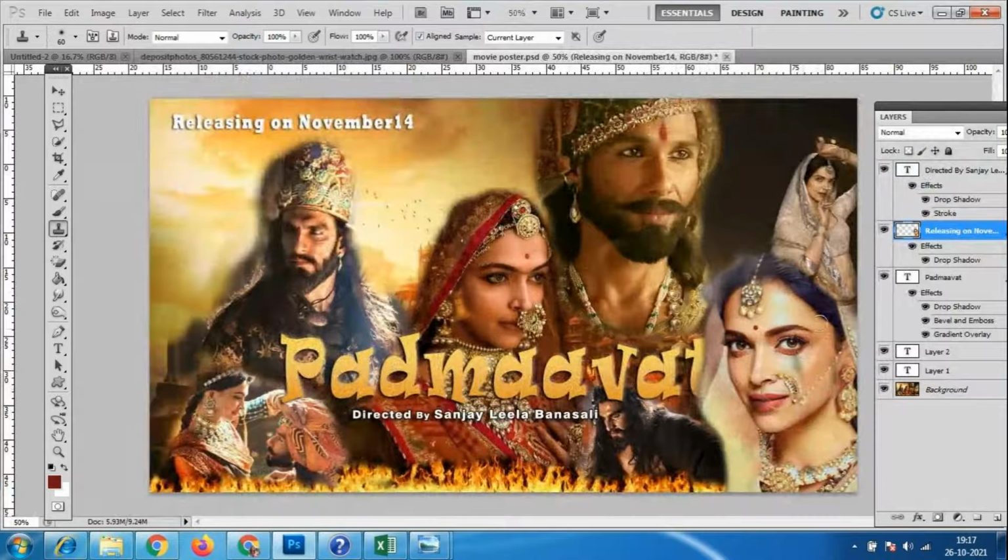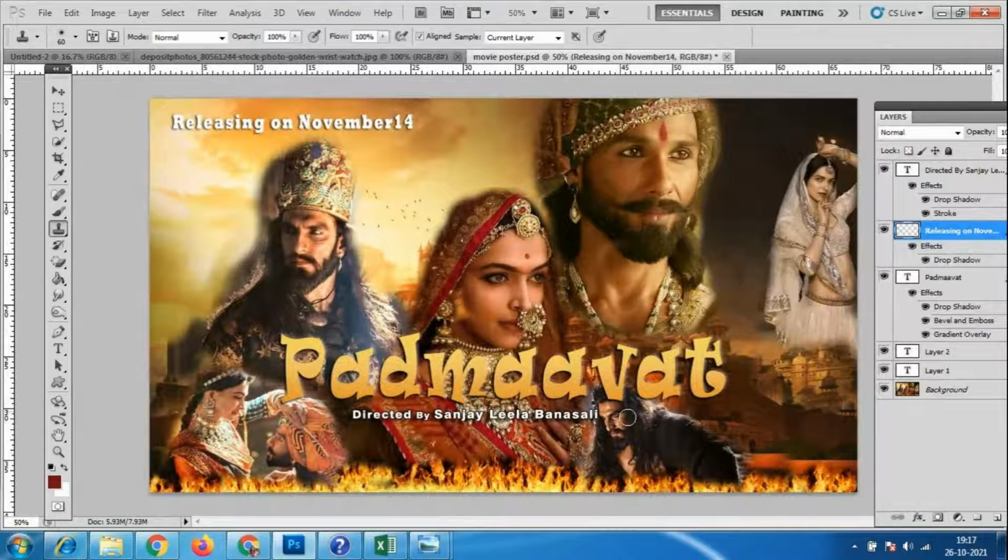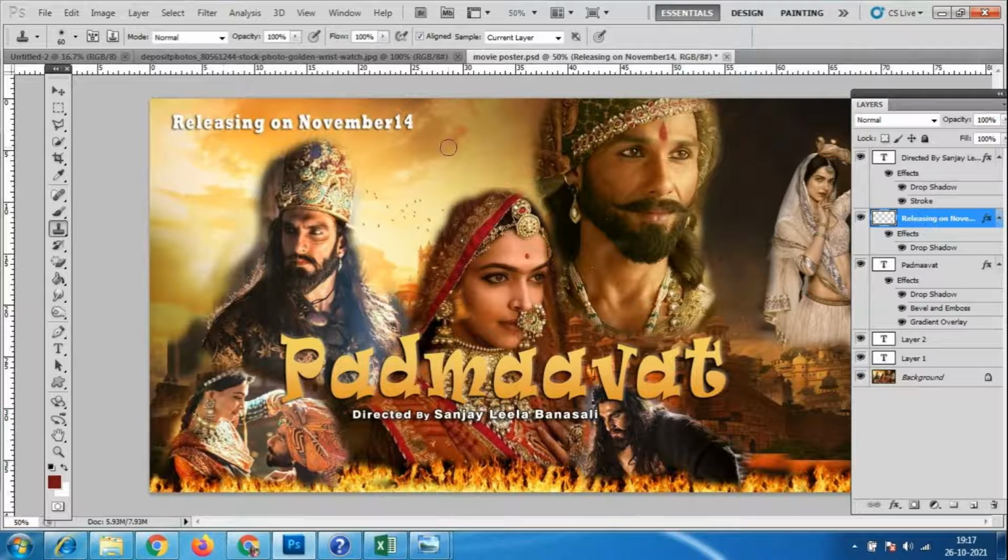Otherwise, only one image is necessary. If this much is necessary, you only keep it like this. This much only. Is that clear, everybody? No need to place so many things over here because I want to show the fort also. So here, I'll write that it is releasing on November 14th, or any other text also you can add.